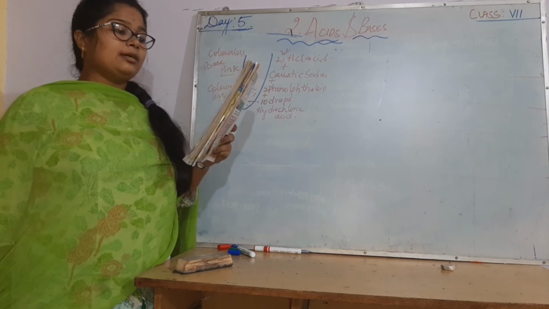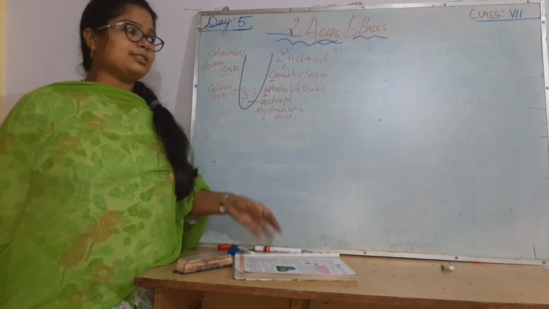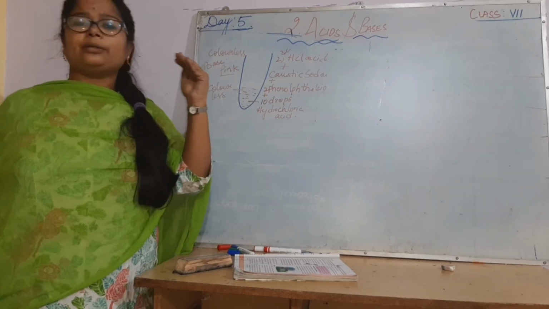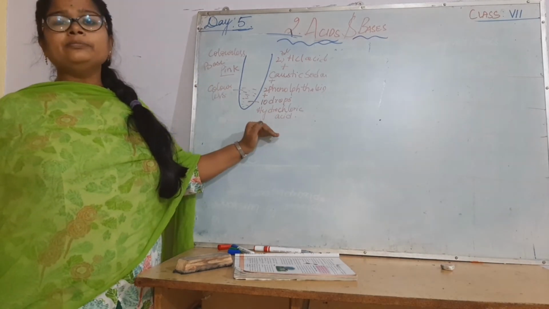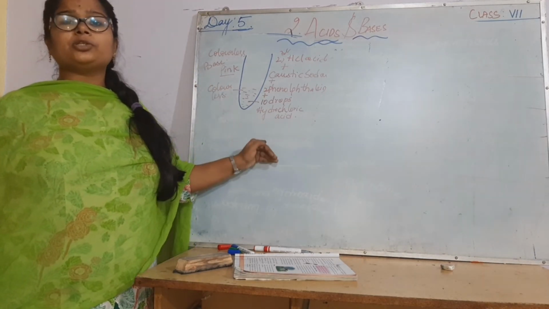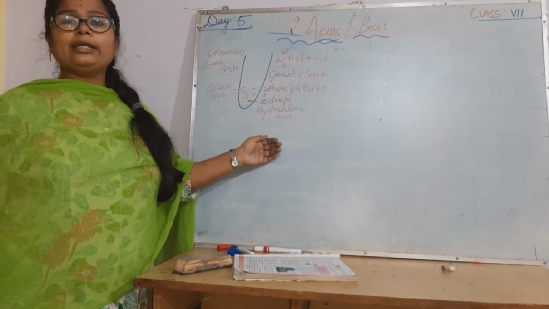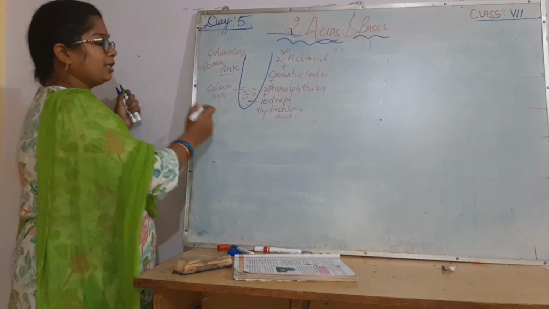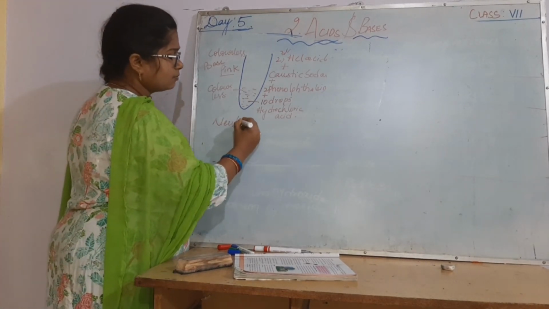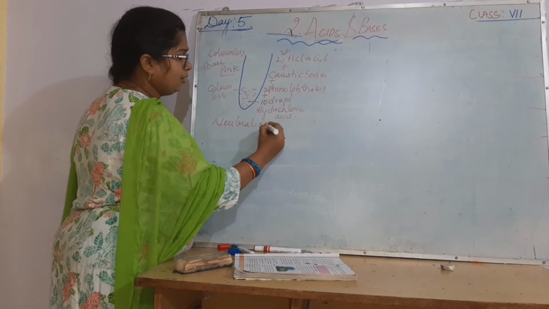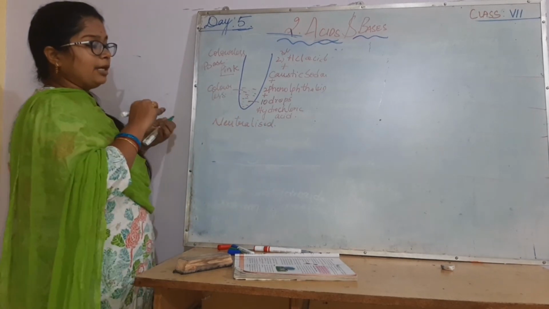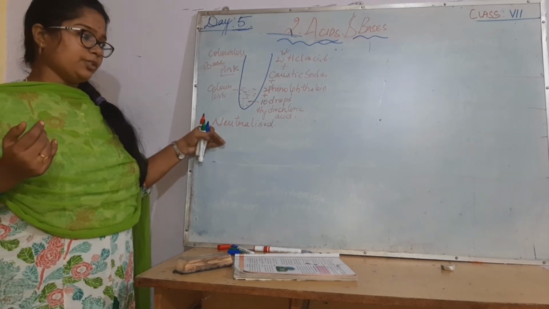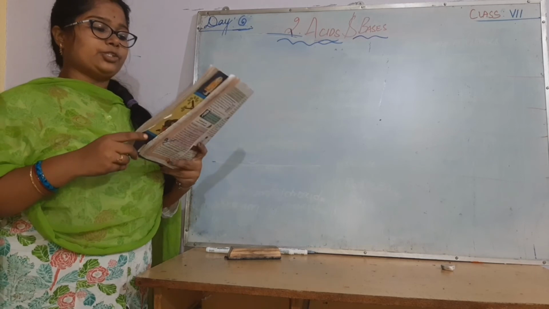We can learn more about neutralization in higher classes. So acid, base, 2 drops, 2 drops, equally. If you add acid and base, acid and base, then it becomes a neutral solution which does not show any change with litmus papers or indicators, and this is neutralization. Now it is a neutral solution. It is neither acid nor base. About neutralization, you are going to learn more in higher classes. I hope you understood this. We will go into the next topic.